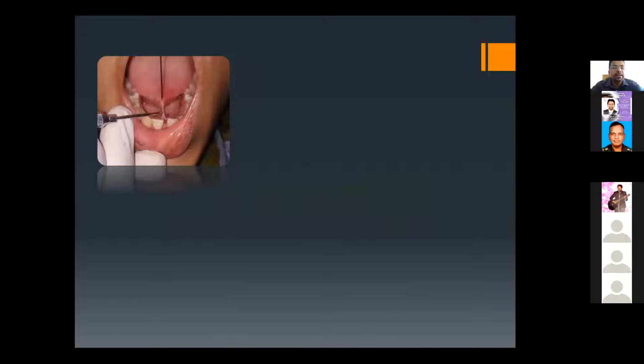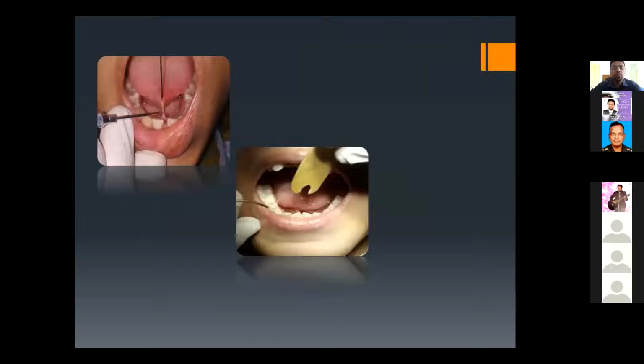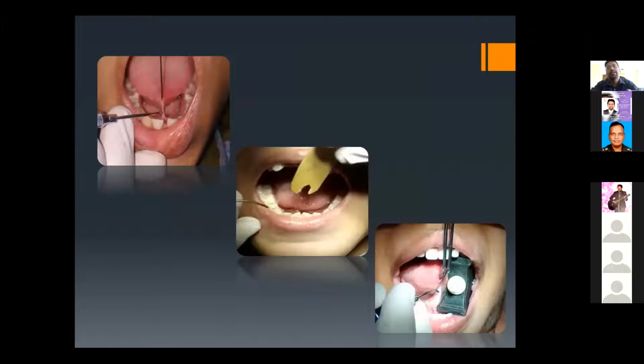So there are a few different methods to hold the tongue while doing lingual frenectomy. First method, if the patient is cooperative, then you can go for a suture bite and you can hold the tongue with the help of that. Second, you can use an ice cream stick with a V-shaped notch and you can hold the frenum in between that. And in uncooperative patients, ultimately you need to use the bite block and you have to perform the lingual frenectomy. Okay,